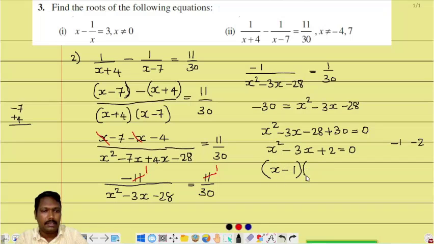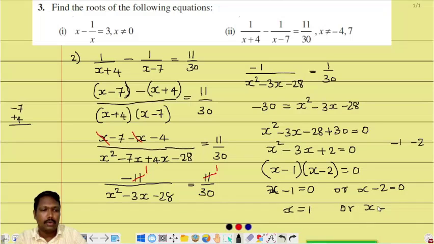So directly we can write the answer, because the question is solved. They didn't tell by this method or by formula or something. So we can apply this factorization. So x minus 1 into x minus 2 is equal to 0. From here we can say x minus 1 is equal to 0 or x minus 2 equal to 0. From this we will get x is equal to 1 or x is equal to 2. So these are the solutions of this quadratic equation.